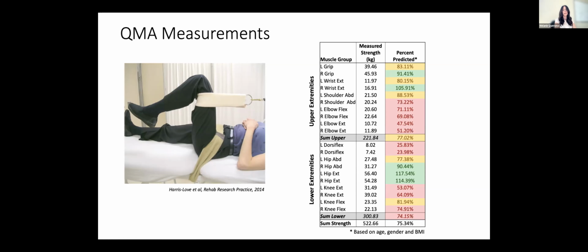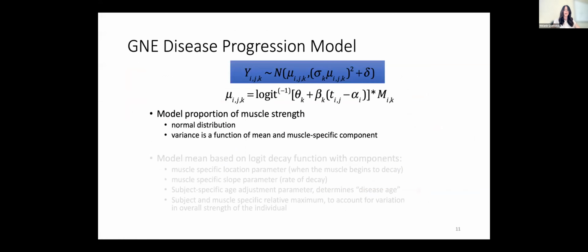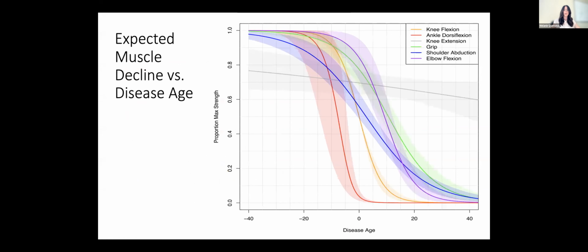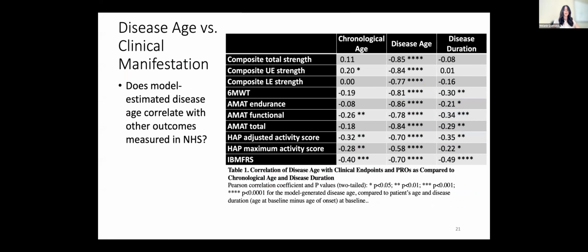But I would say the model results as a whole, in terms of the big picture, tend to be pretty insensitive to different choices on, say, the mean functions and things like that. And I'll also say that showing these correlations that we had with the other outcome measures provided a lot of face validity to our results. These measures, the 6-minute walk and the other measures, didn't enter into our model at all, but we saw a very strong correlation between where we estimated someone in their disease age and their observed values on these other measures.